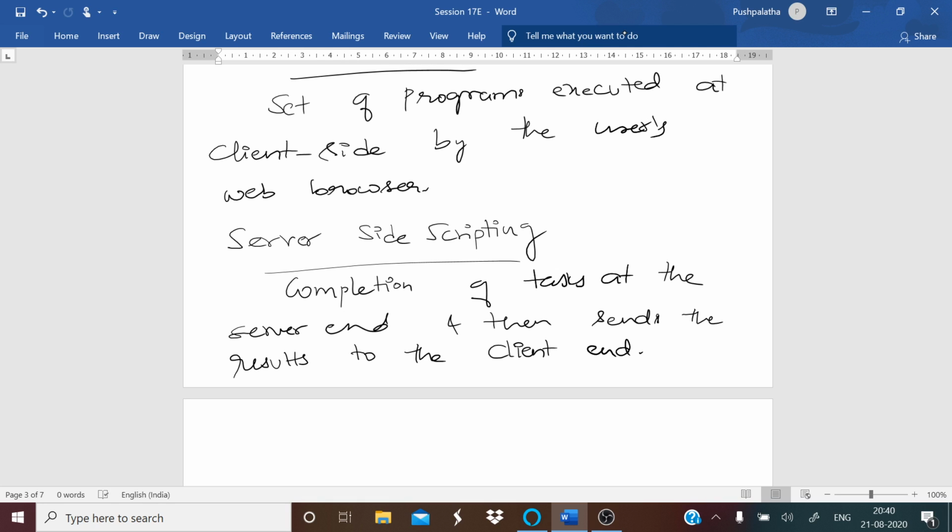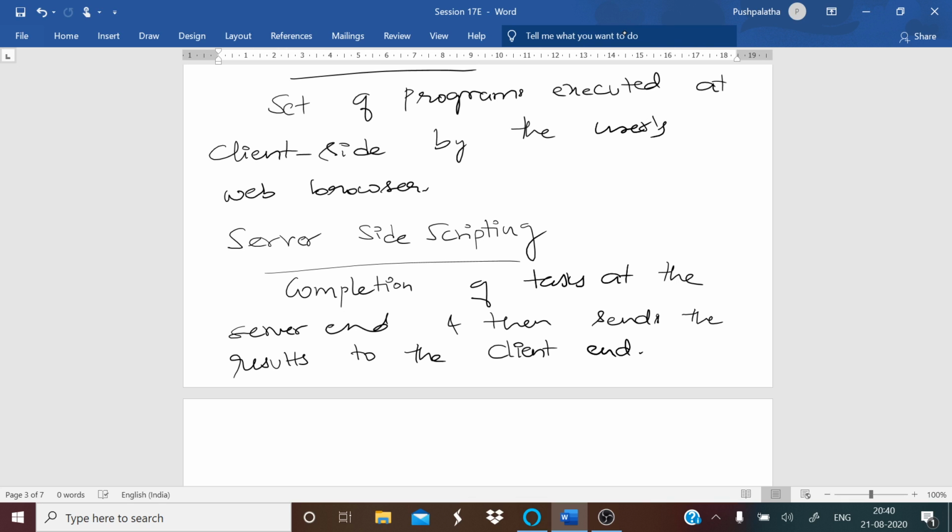Okay, so this server side scripting is used when the information is sent to the server to be processed at the server end, and they produce output in a format that is understandable by the web browsers, and which will then be sent to the user's computer.